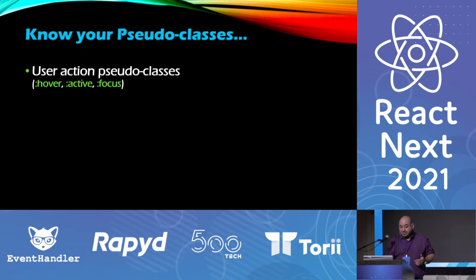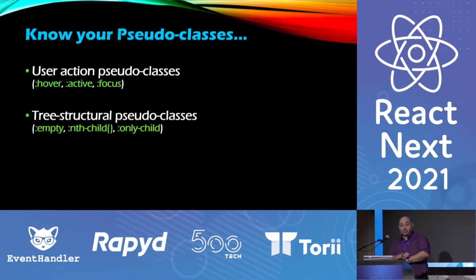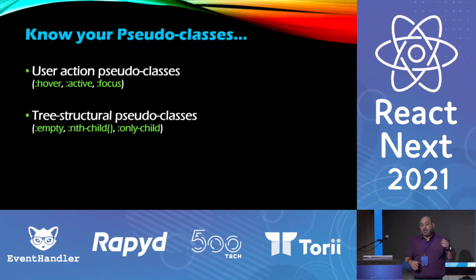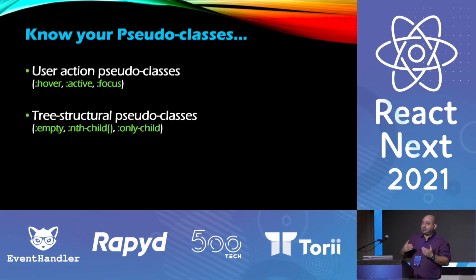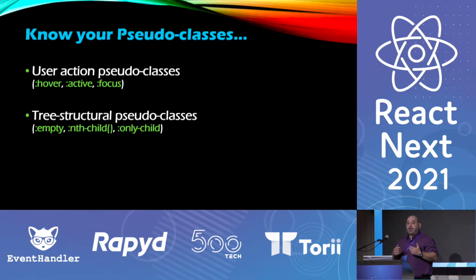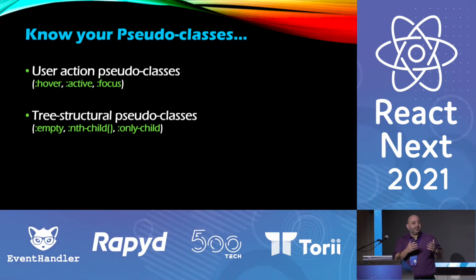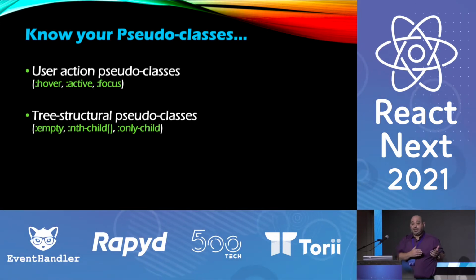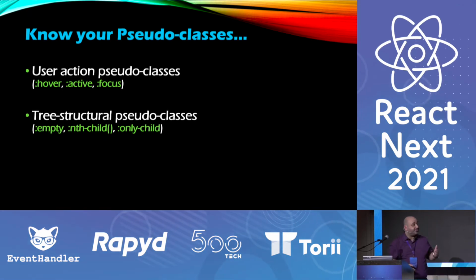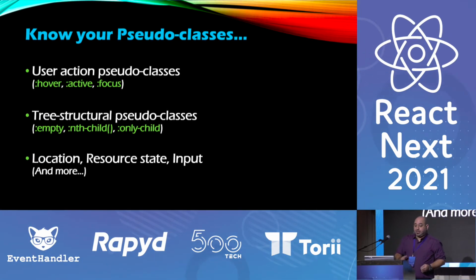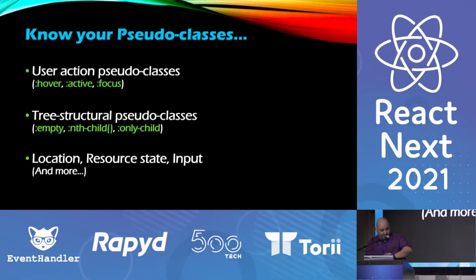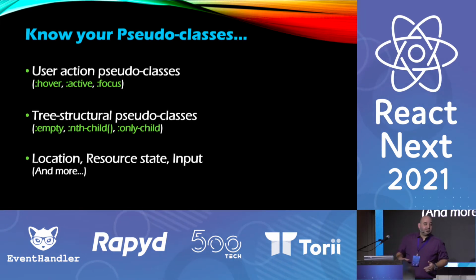I won't use any of the JavaScript in order to manage the style because I have the hover pseudo class. The same thing goes for the three structural pseudo classes, which are empty, nth-child, and only-child, and there are a lot more like those. This is the exact same principle. If I have an item that I want to design a different style for its empty state, I won't use JavaScript, I just use the empty pseudo class. And there are a lot of different kinds of pseudo classes: location pseudo classes, resource state, maybe we'll get to see some of them, input and more, but the most important pseudo class is